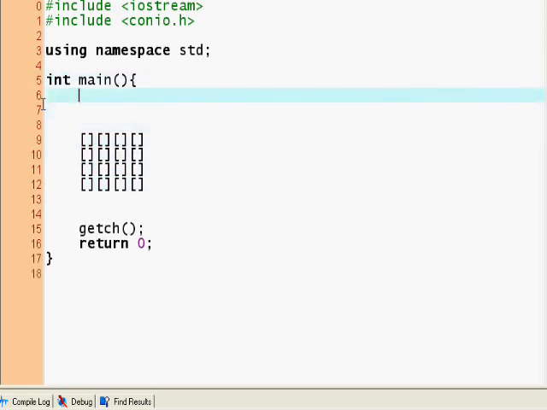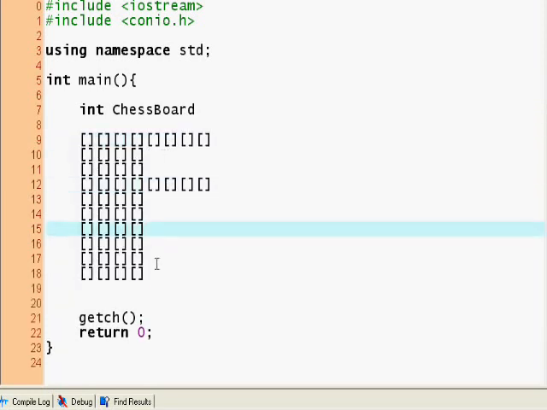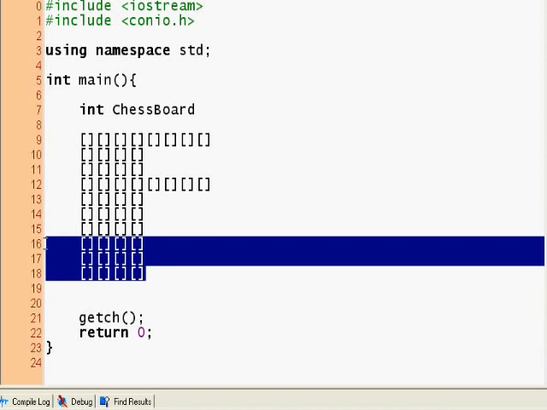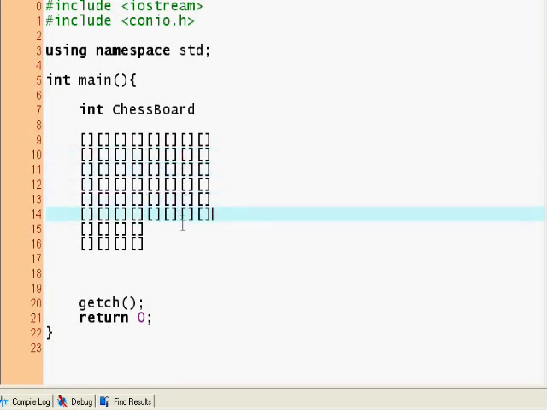I can declare an array of integers, int chessboard, for example, because I play chess a lot and I love chess, and that's why I'm going to make this example a chessboard. And actually I can copy and paste this over here, and let's see, I have 0 1 2 3 4 5 6 7, and I have this thing which I can just paste in here, and that's our chessboard. If you know chess, this is an 8x8 square with 64